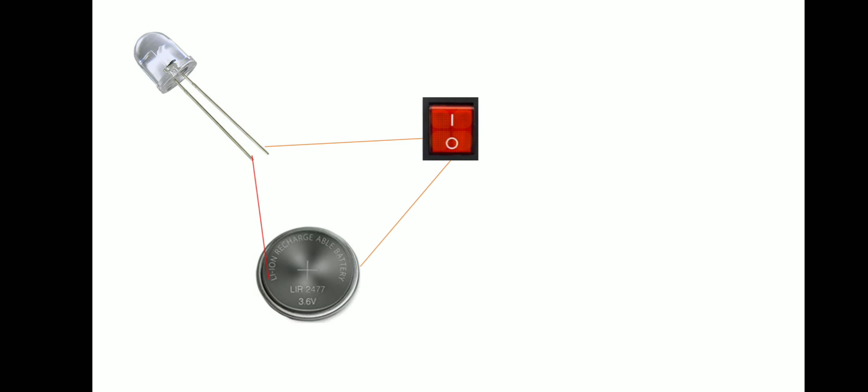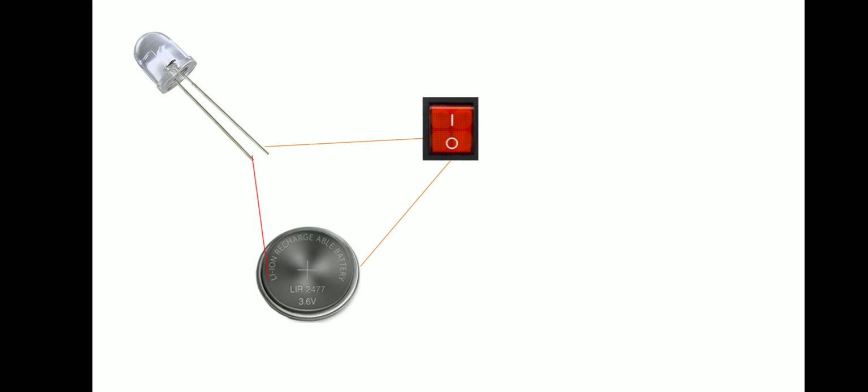Remember children, the positive and negative sides of the batteries and the LED are very important. When you are making the actual circuit, at that time you have to concentrate on the positive and negative sides of the cell. You can understand the positive and negative side of the cell just by looking at it. On the positive side there is a plus, and the one behind is the negative one. And for the LED, I already explained how to understand which is the positive and negative side.